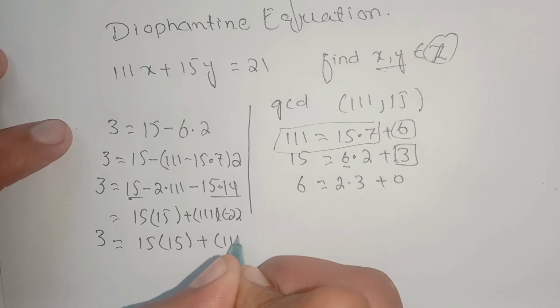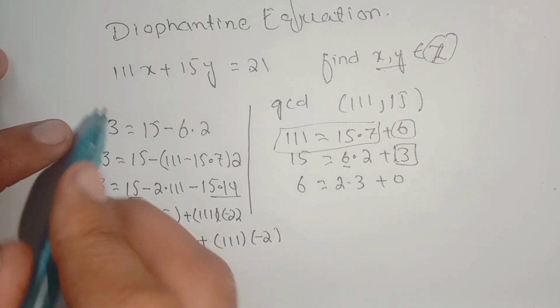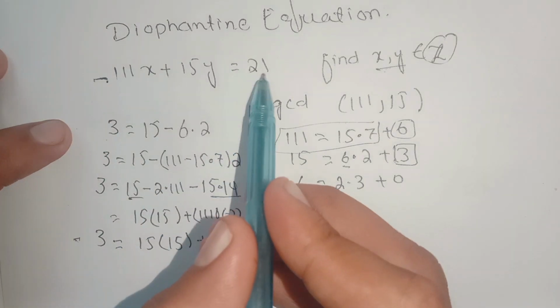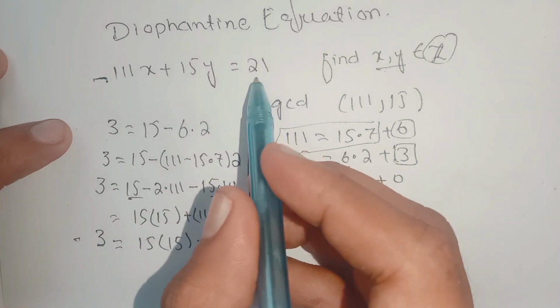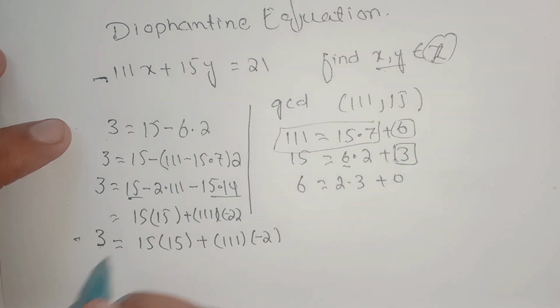plus 111 times minus 2. Now we compare these two equations. Here we have 21, but we have 3. So now to make it equal, we multiply this equation by 7. So it will become